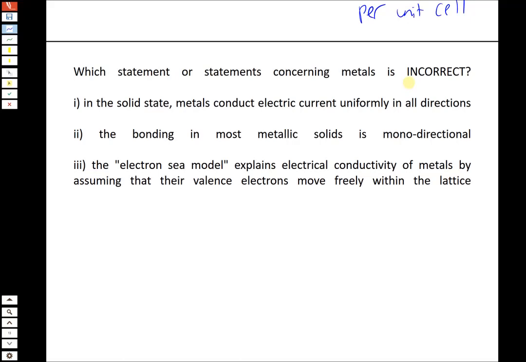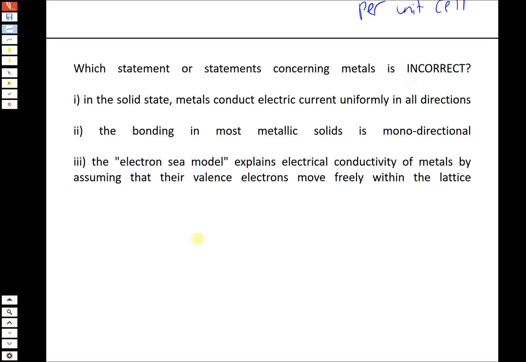So the key idea about the bonding in metals is that you have delocalized electrons. So the valence electrons in metals are loosely held. You have these different regular arrangements, usually cubic or hexagonal, of the atoms, and the electrons are just sort of swimming around that whole structure. They're not really bound in any one way. All right, so here, number one, in the solid state, metals conduct electric current uniformly in all directions. So this one is going to be true